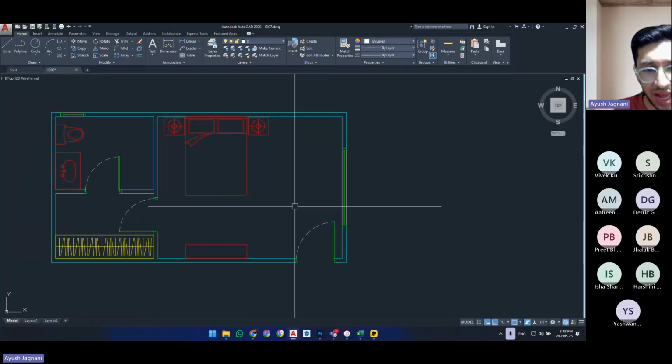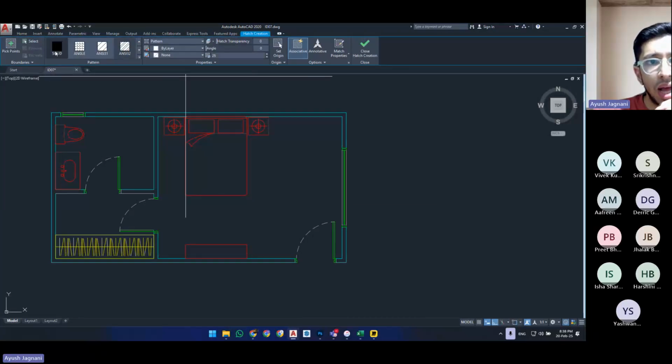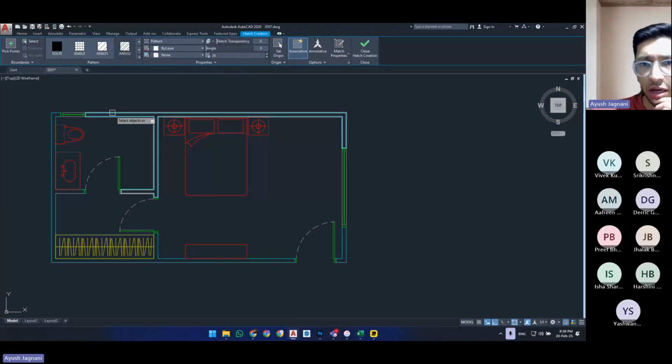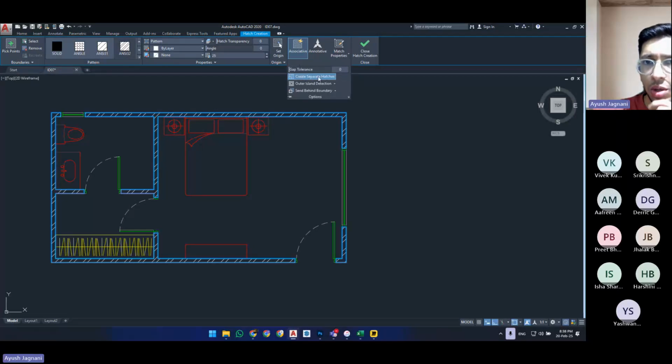Okay. With that being said, I'll fill in the hatches using the select because mine are of course polyline. I'll just select the 3 lines, 3 walls over here like that. I've used the ANSI 32 pattern. I've given a 25 scale. Separate hatches turned on, associative turned on, and my hatch